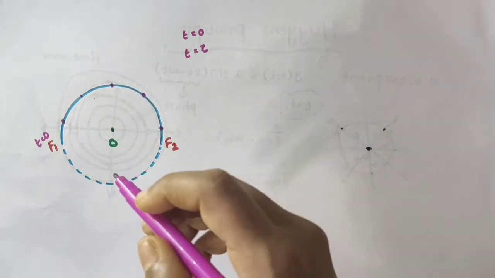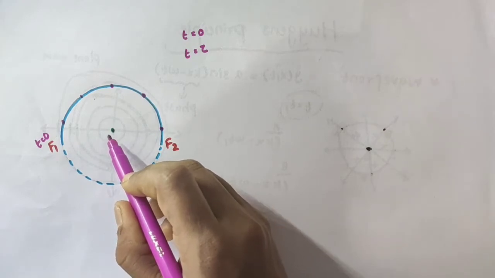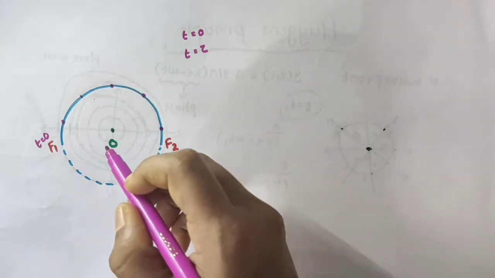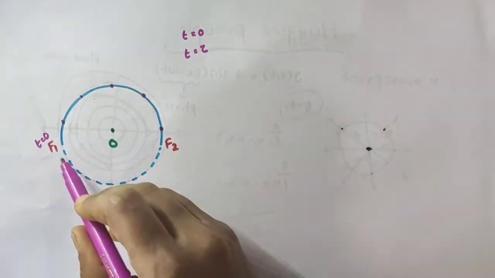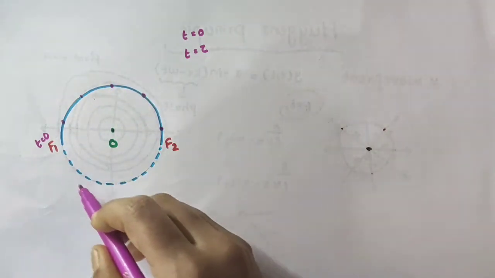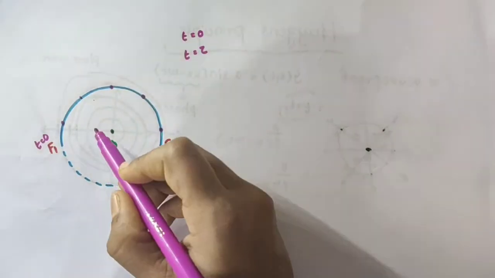Okay, so here we have a primary source of the wave. It is a point source, that is why we are getting spherical wavefronts. Okay, and here we have drawn only a portion of that spherical wavefront, that is the solid line. Okay, the rest is here, which is drawn with the dotted lines. We are just considering only this much portion of that spherical wavefront. That is why it is drawn with the solid line, and it is F1, F2. Alright, so here we have a primary source of the wave.